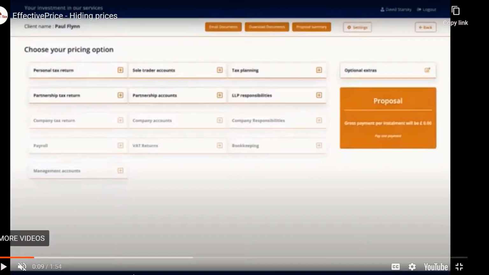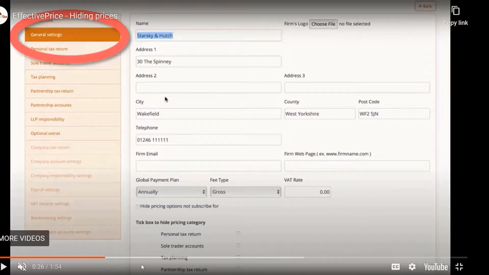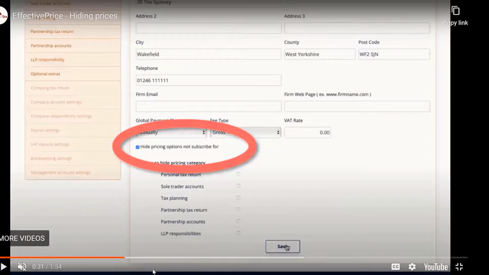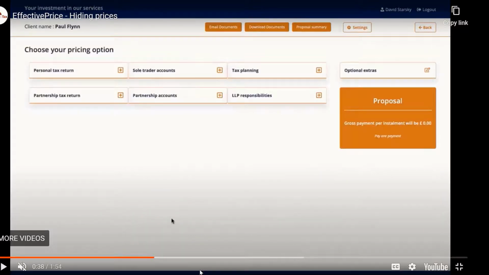Secondly, you may not have subscribed for all three modules, but when you go into the software, it shows the options in the higher module or modules, albeit greyed out, as you can see there. You may not want the client to see those options, so you follow the same course. Go into Settings, then General Settings, and then as you scroll down, you can click on Hide Pricing Options, and it instantly takes those options out of sight, not just within the settings, and more importantly, from the client-facing screen